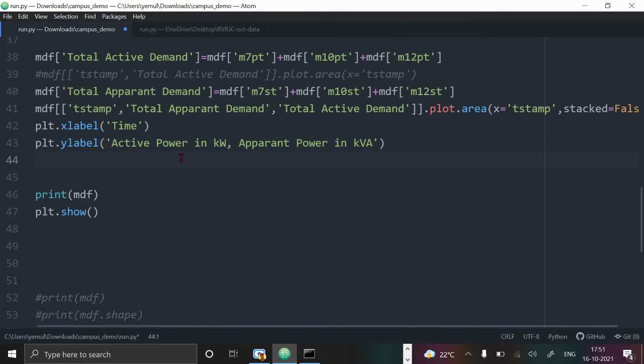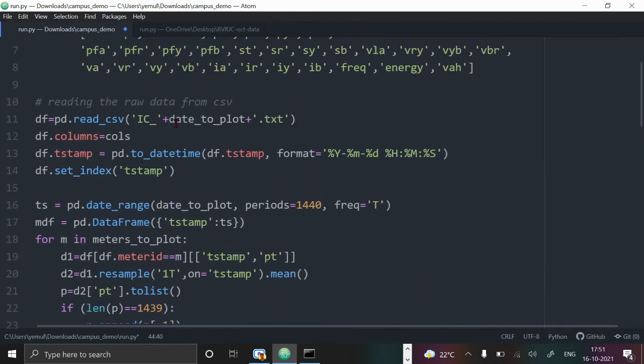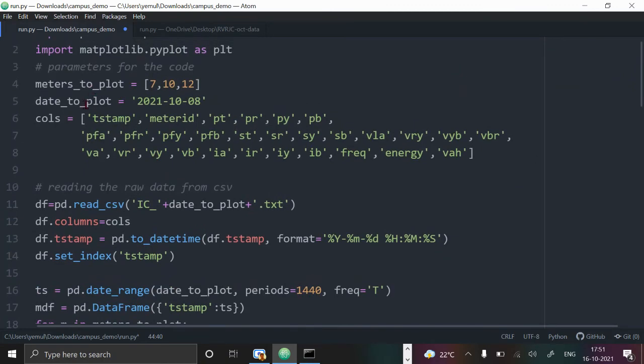So these two are the y label. Plot title: demand curve of campus on date. I'll say plus this one, the date to plot.